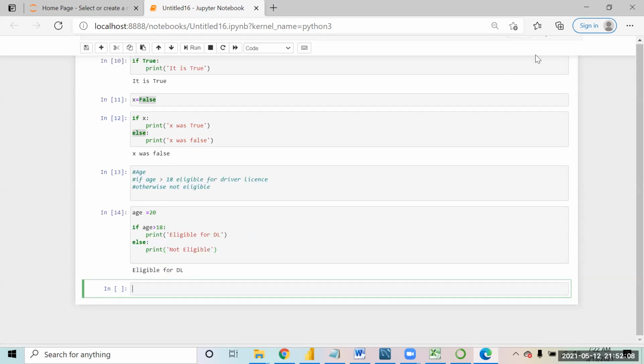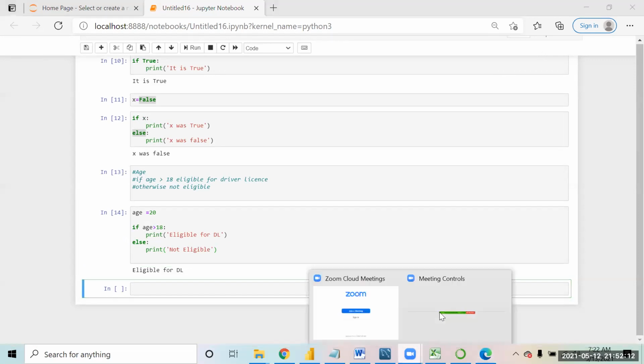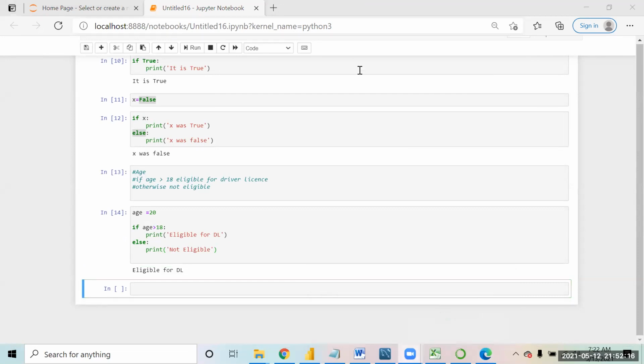Right, so this person is eligible for driver license. So this is what we will do, eligible and not eligible.